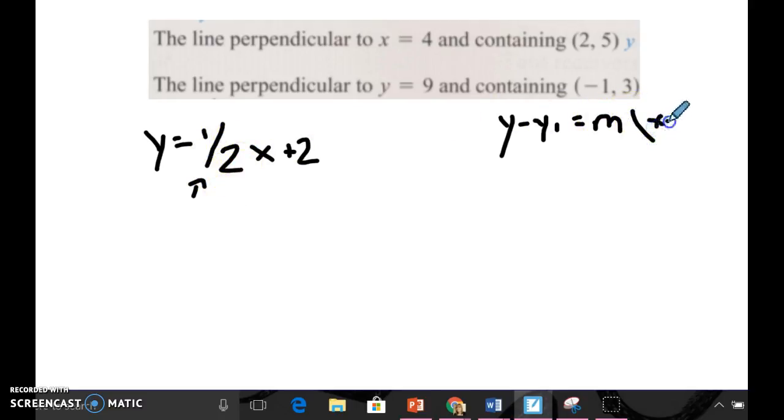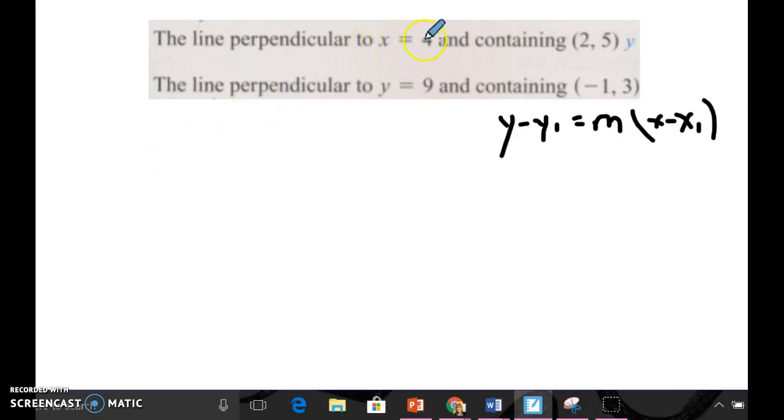x of the point. But when you look at problems like these, your equation doesn't have a slope. It doesn't have anything times x. So how are you going to figure out what the equation of the perpendicular line would be? Basically, the equation that you're given is x equals something. That means that